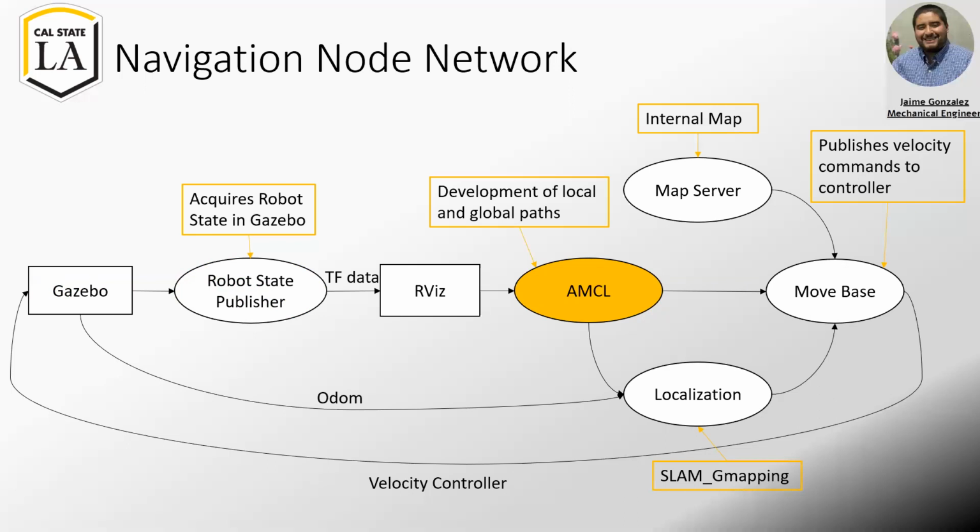So as of right now, we are trying to establish a path where, if the robot is given a specific navigation goal, the robot will be able to independently develop an efficient path that avoids the obstacles to get to that point. So that's where the process of localization helped us, because again, localization helped us, using G-mapping, develop